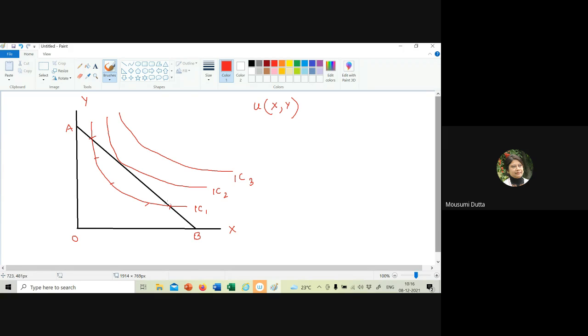Are these points affordable? Yes, ma'am. Because all these points are either interior to the budget line or on the budget line. So all these points are feasible consumption points. Now our task is